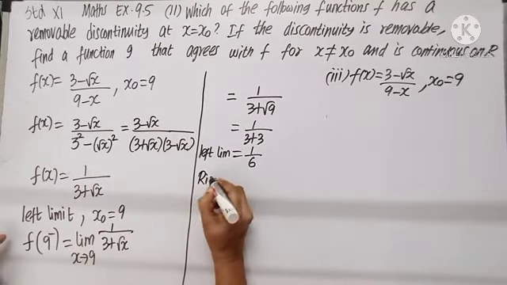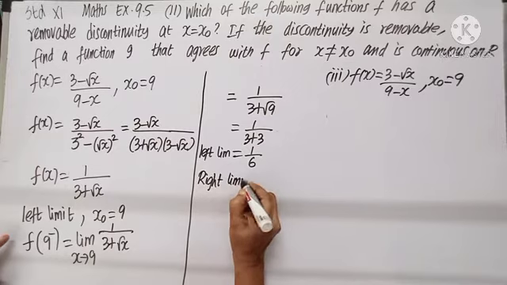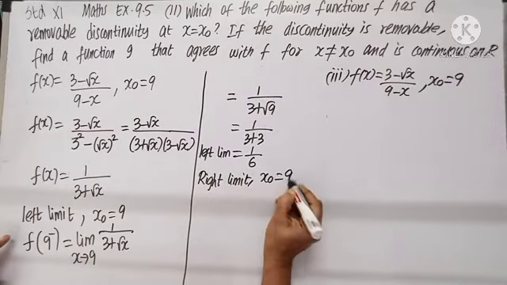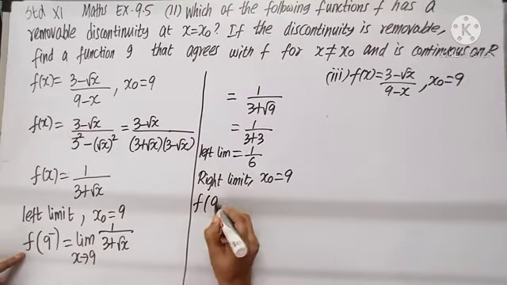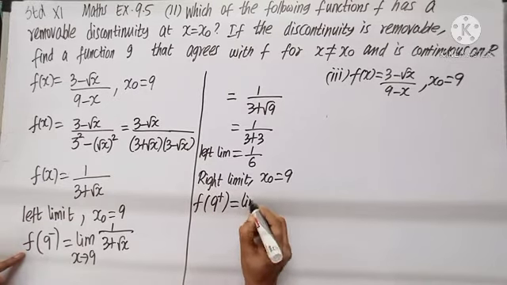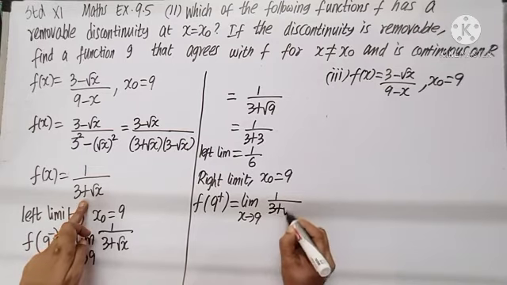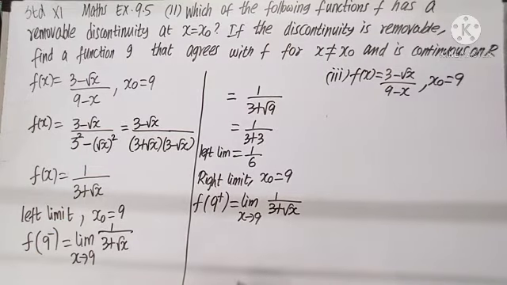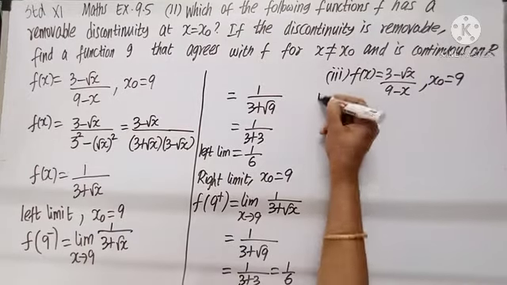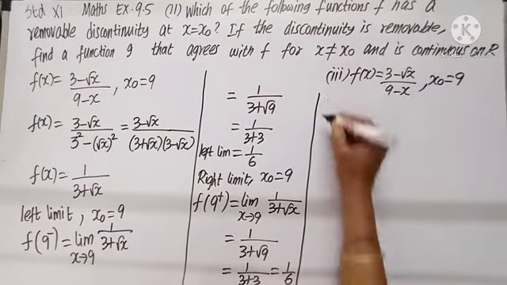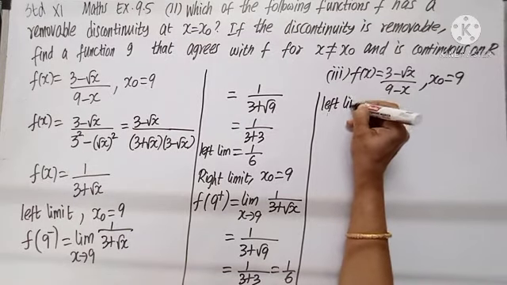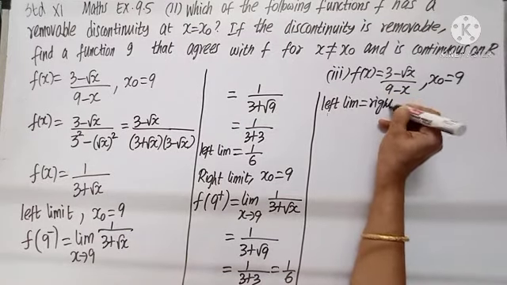Now we need to find right limit. At x naught equal to 9, f of 9 plus limit x tends to 9, again we write the function 1 by 3 plus root of x. As I substitute 9, 3 plus root of 9, we get 1 by 3 plus 3, that is 1 by 6. As we check, we get left limit is equal to right limit. So we can